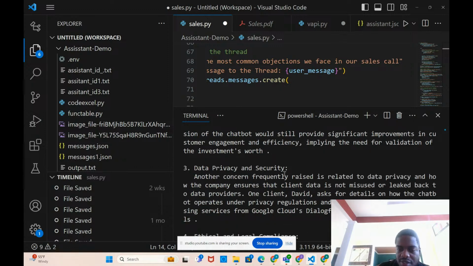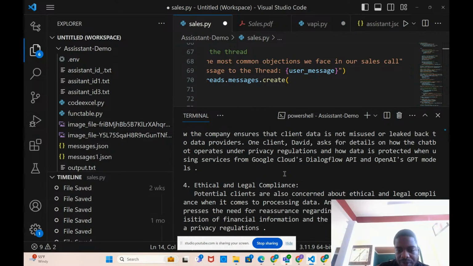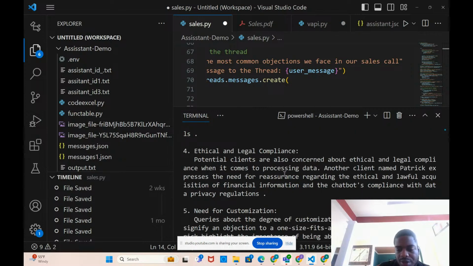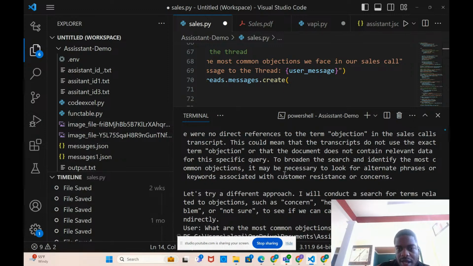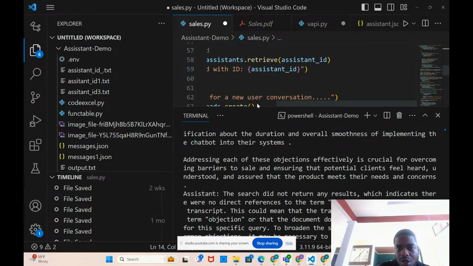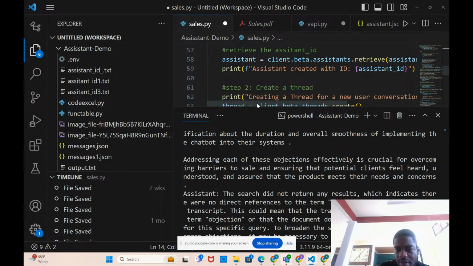Data privacy and security. A common concern with chatbots is where's the data going? Who's controlling that data? Who's getting that data? And so on. So that's kind of the explanation of the code itself. Again, you guys can actually go and play around with this code. I put all the templates in GitHub. So again, if you go to my video,